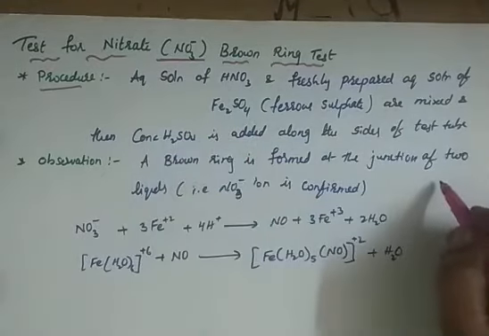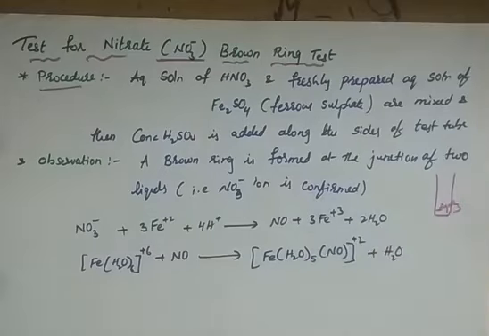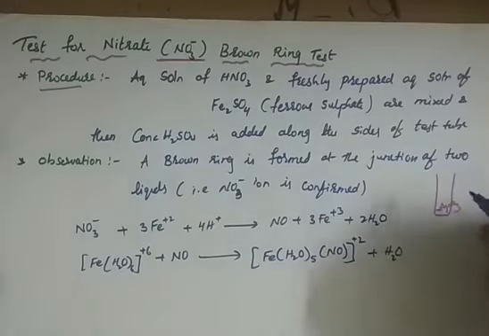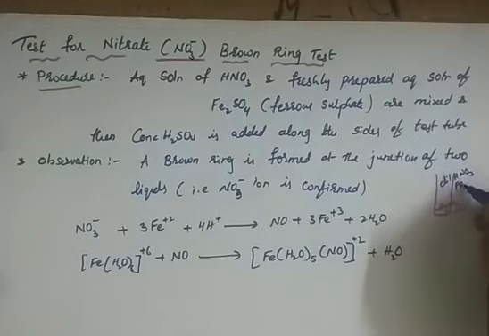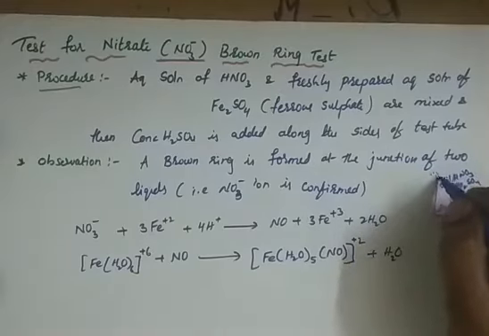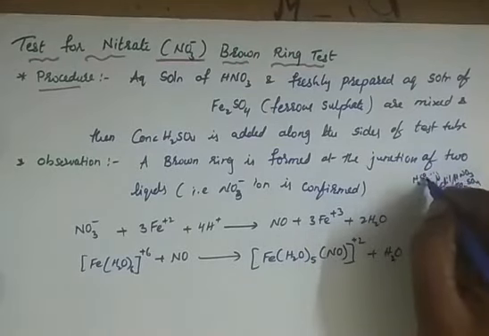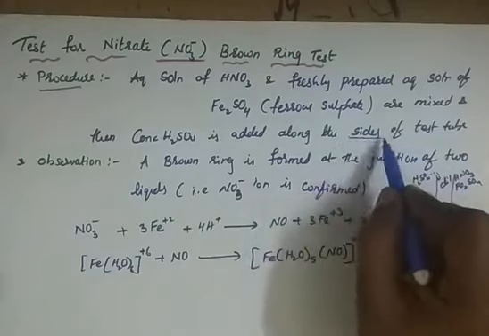For example, this is your test tube, and some nitrate compound is given to you, silver nitrate maybe, AgNO3. But you don't know it is silver nitrate. We can identify that NO3 minus is present in this compound by doing a reaction. How? Add some dilute HNO3 and add FeSO4. Then, onto the glass walls of the test tube, add H2SO4 dropwise, so it slides down the sides of the test tube.